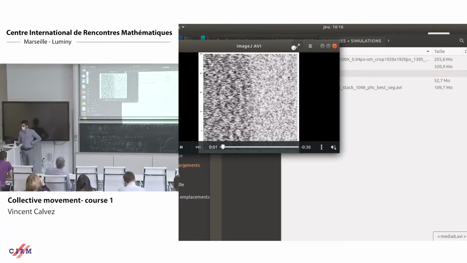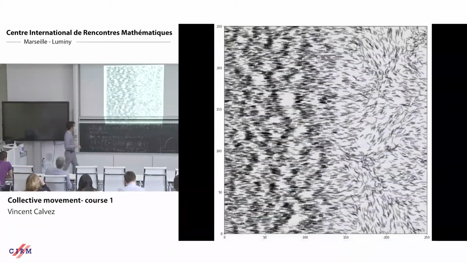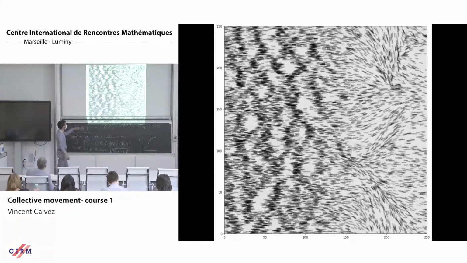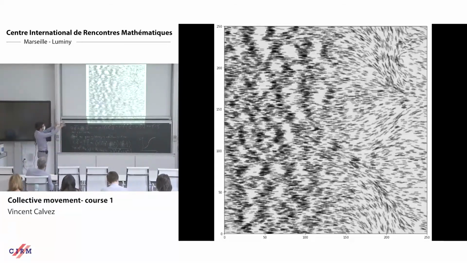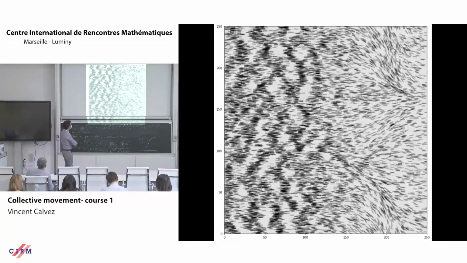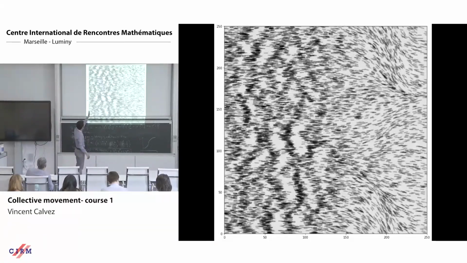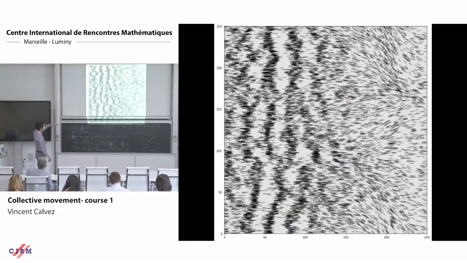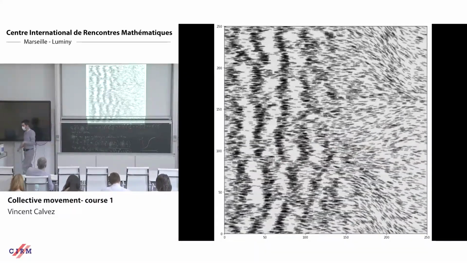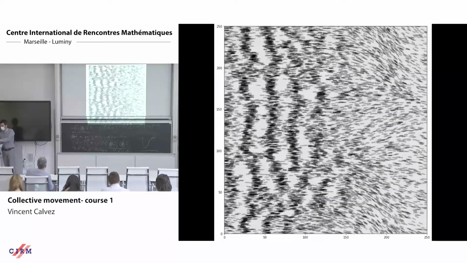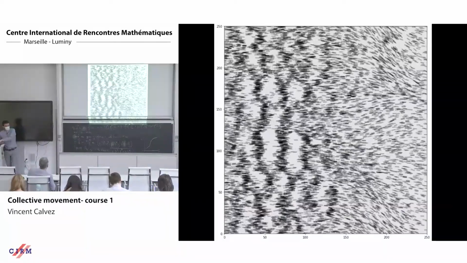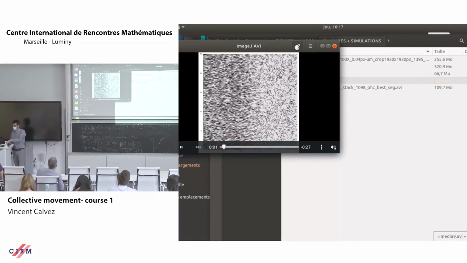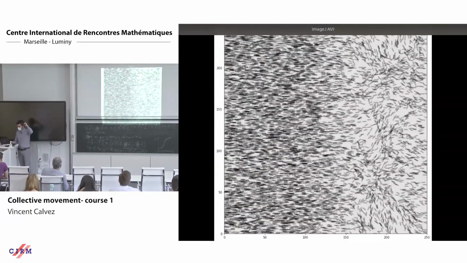And this is what he obtained with this density-dependent refractory period. Again, with two different conditions on the right and on the left side, you see clearly these patterns emerging, and it seems to be a reasonably one-dimensional pattern if you look at one cross section. And as Tam showed, it has very comparable statistics with the experiments. And if you rely only on the density-dependent turning rate, so the mu of R,